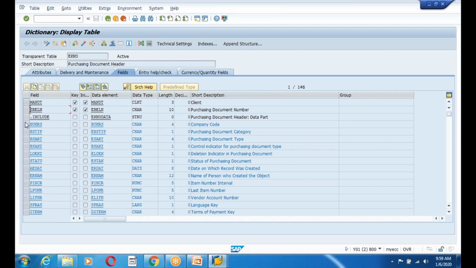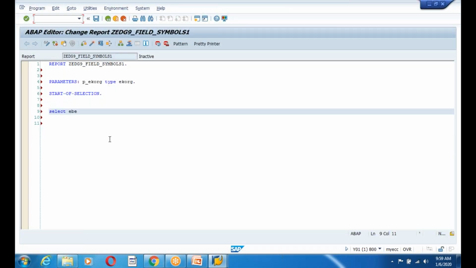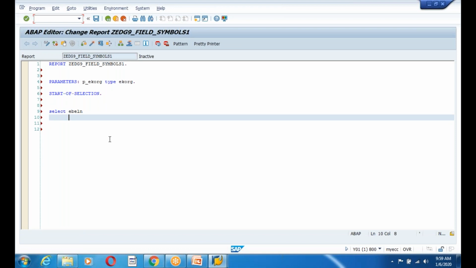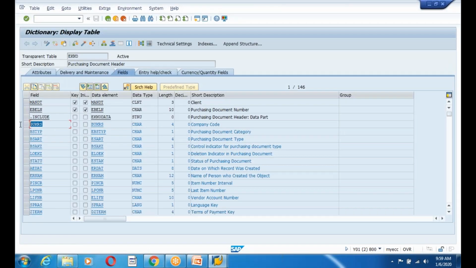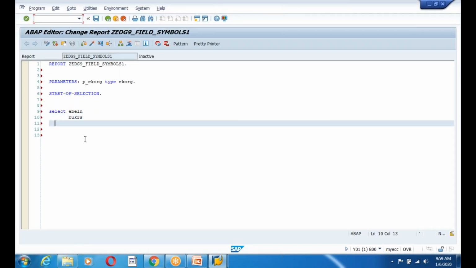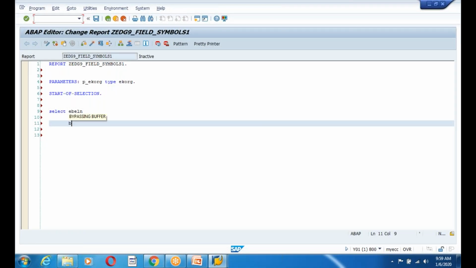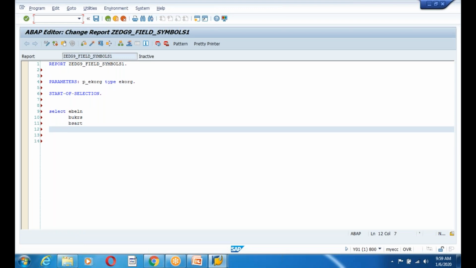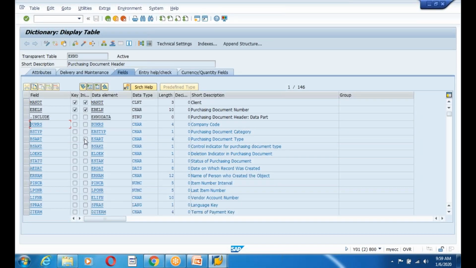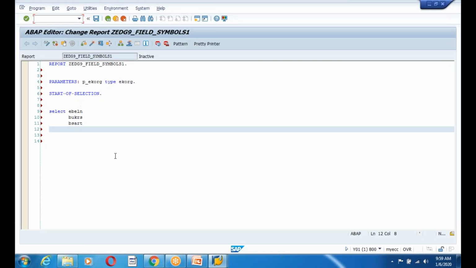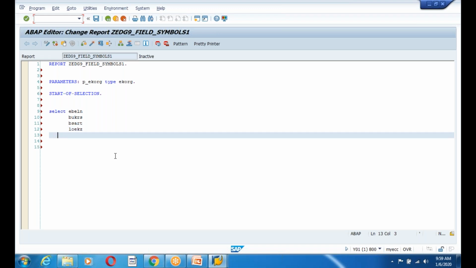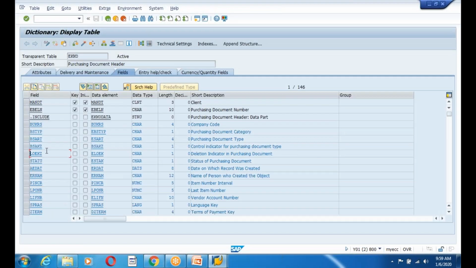EBELN, which is the purchase order number, and we have company code BUKRS, and document type BSART, and whether the deletion indicator is set for the purchase order. Sometimes I can delete a purchase order as well. If the purchase order is deleted, the value X will be stored in LOEKZ, and who is the vendor for that